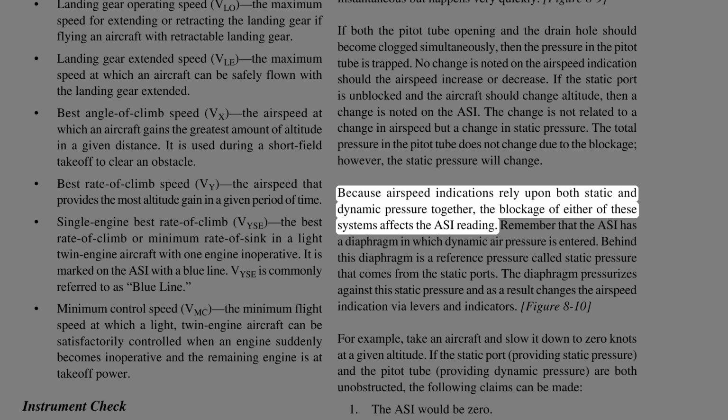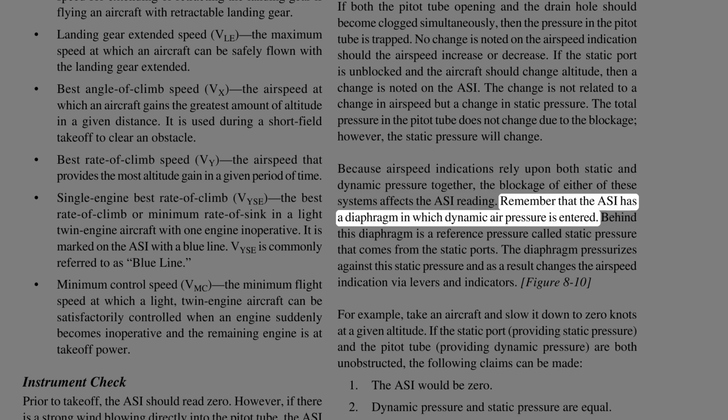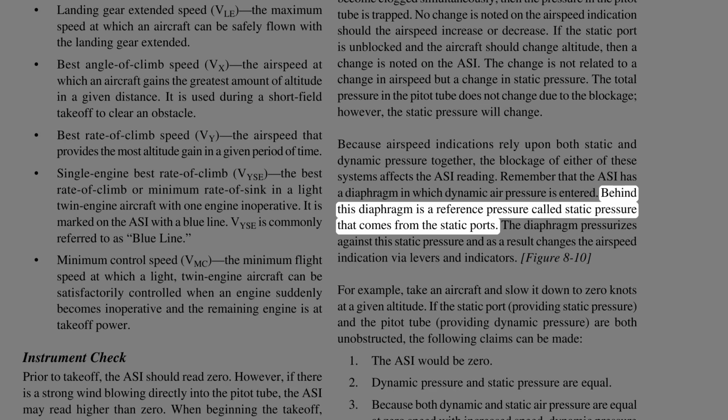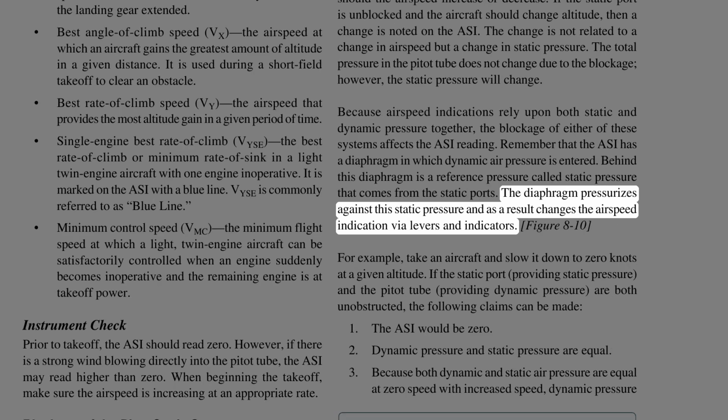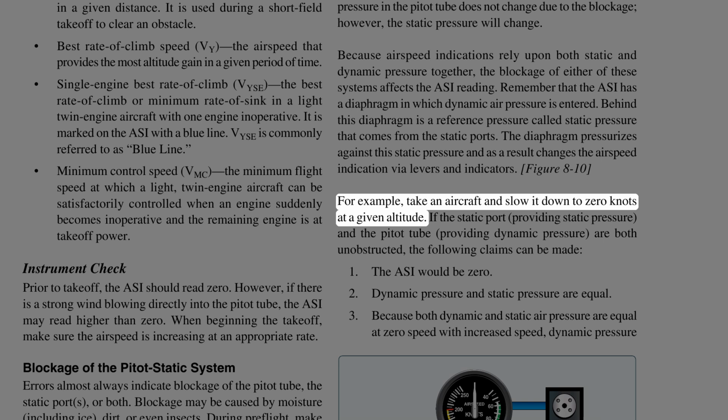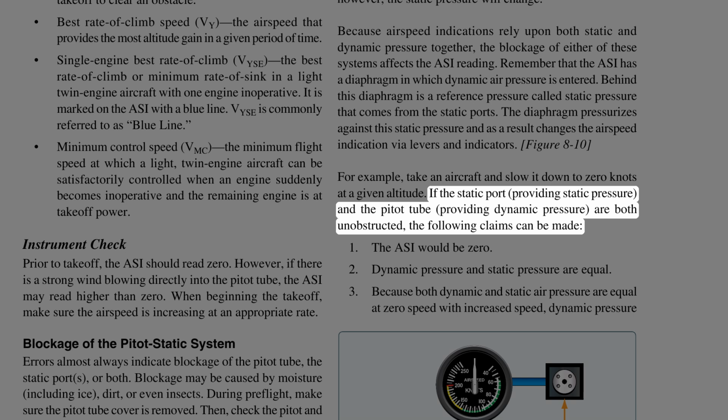ASI reading. Remember that the ASI has a diaphragm in which dynamic air pressure is entered. Behind this diaphragm is a reference pressure called static pressure that comes from the static ports. The diaphragm pressurizes against this static pressure and as a result changes the airspeed indication via levers and indicators. For example, take an aircraft and slow it down to 0 knots at a given altitude. If the static port, providing static pressure, and the pitot tube, providing dynamic pressure, are both unobstructed, the following claims